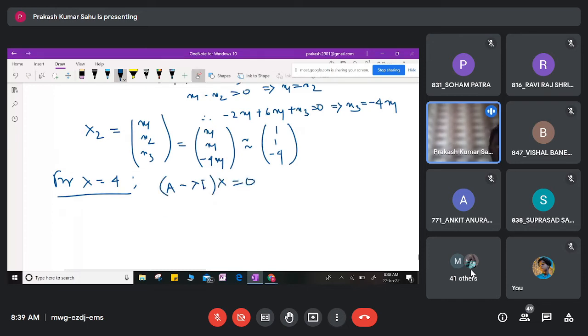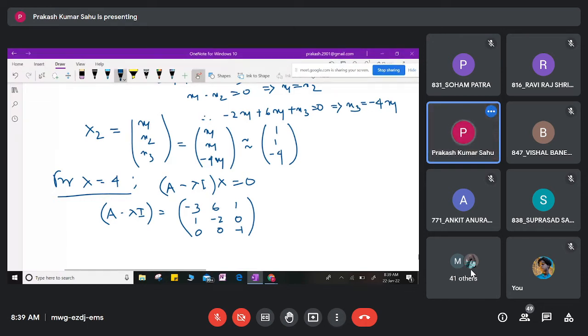So this A - lambda I is equal to, तो तुम 4 पुट करोगे लैम्बडा की जगह, तो ये हो जाएगा -3, 6, 1, 1, -2, 0, then 0, 0, -1. तो ये आ जाएगा. ठीक है. तो उसको तुम सिंप्लीफाई करोगे तो ये हो जाएगा, कोई प्रॉब्लम नहीं. ओके, ये 1 - 2 है, तो पूरा रो जीरो हो जाएगा, उसको तुम और भी सिंप्लीफाई कर सकते हो तो करो। तो -3 6 1, तो ये हो जाएगा 0 0, -3, 0 0 -1,